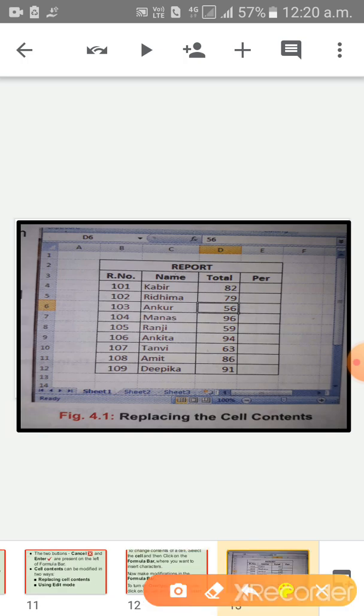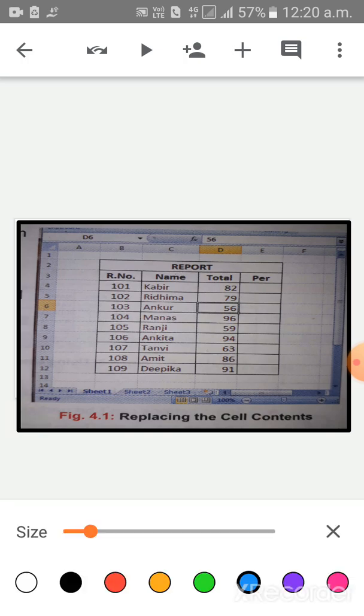Now children, look at the screen. This is the screen of how to replace the cell contents. By default you can edit the cell contents directly and replace them with a new entry. Open a new worksheet and type the data. Activate the cell D6 by clicking on it.